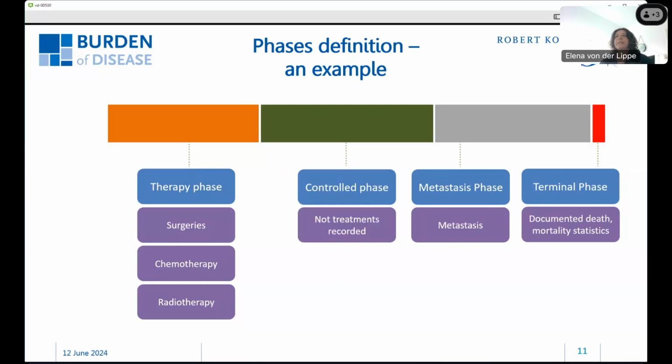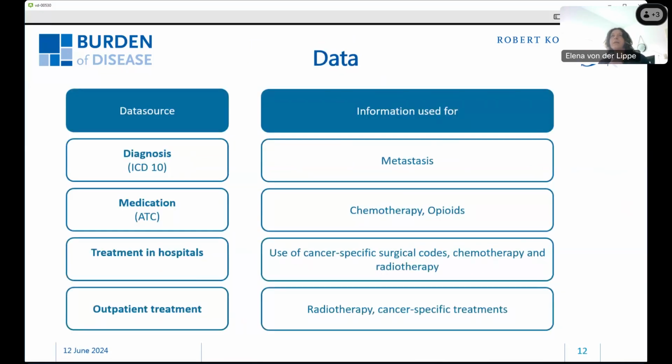This is the general case. And so we had a look at our data sources to see what information we can use to be able to assign people to a certain phase in their disease. So we used the ICD code diagnosis, not only for the prevalent definition for the cases, but also we had information if there was a metastasis in the patient diagnosed. We had information on the medication that was used for the patient,